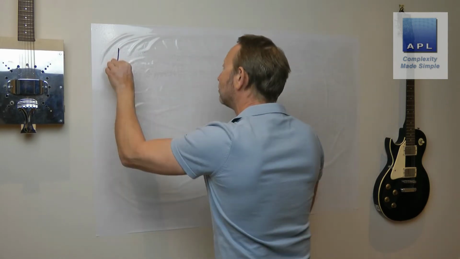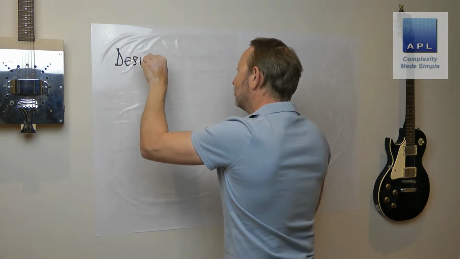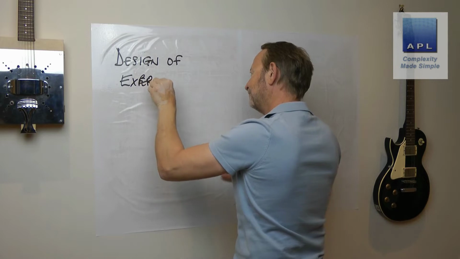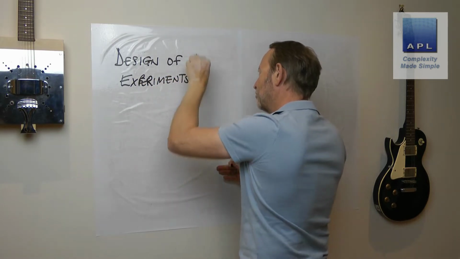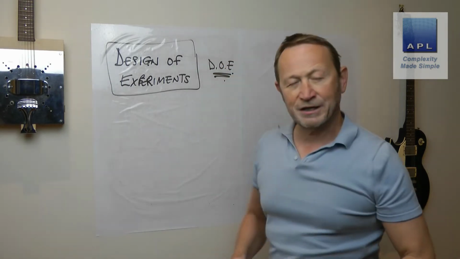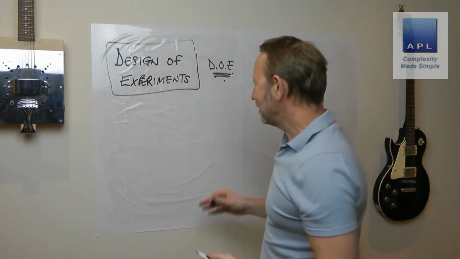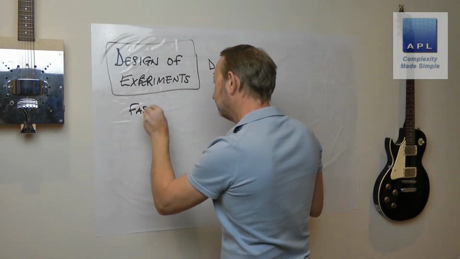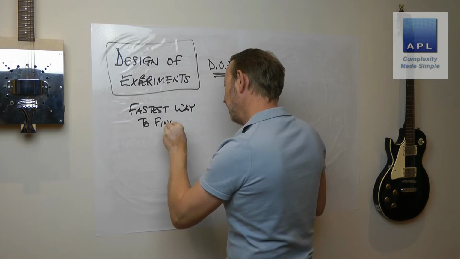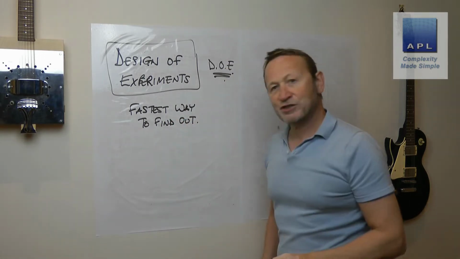We are going to talk about design of experiments. Design of experiments, also known as DOE. Another way to describe this is it is the fastest way to find out. If you have a process and you have dials, settings, speeds, feeds, temperatures, pressures, all kinds of